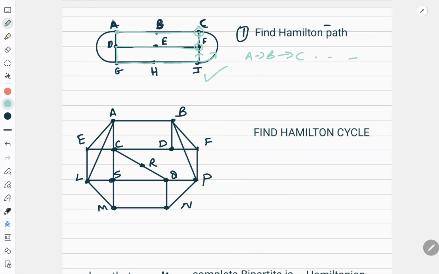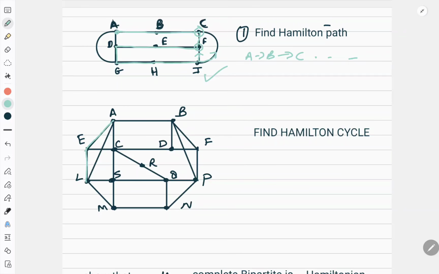So it is like a game. You have to move to all the vertices. You have to cover all the vertices without repeating a vertex. So I am starting with A, then I am going to E, then I am planning to go to L. I may get stuck and I may go wrong along the way, then I will change it.